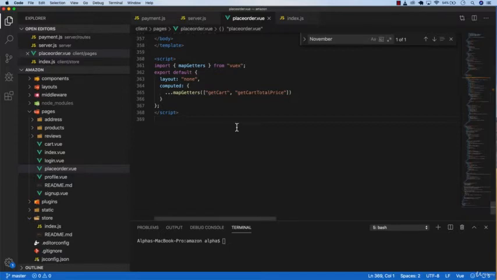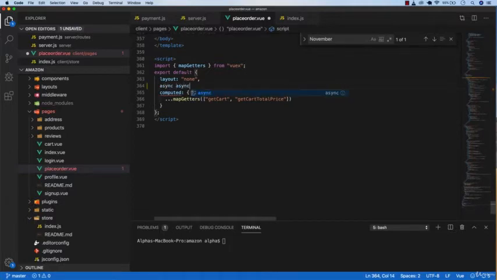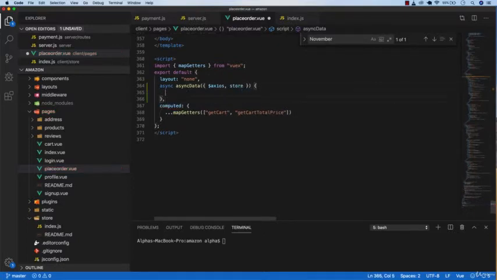There are two Axios calls that we need to call. The first Axios call is when we land on this page. We want to immediately call a shipment API by sending it the default data, which is shipment equals to normal, so that we get the 7 days delivery by default. So type async data, pass in Axios and store, because we want to access the Vuex in async data, and then do try and catch,